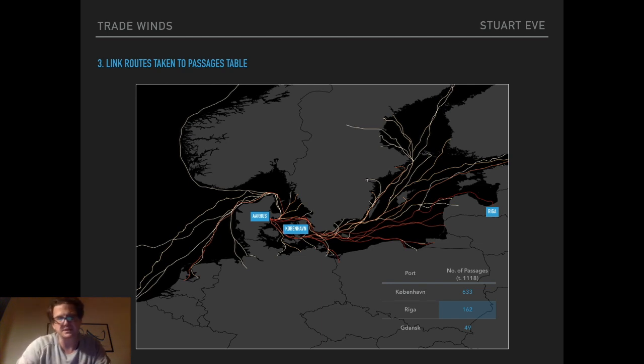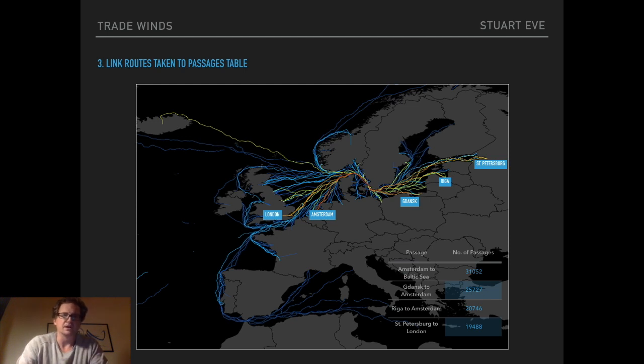So this next slide shows all of the routes colour-coded by their frequency. So the top 4 most frequent routes in the whole of the database are shown here. The most used route in the whole of the database is Amsterdam to the Baltic Sea. Okay, useful. But then Gdansk to Amsterdam, and then Riga to Amsterdam, and then the 4th most popular one is